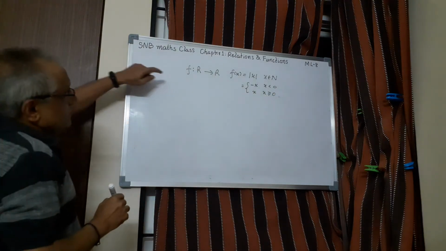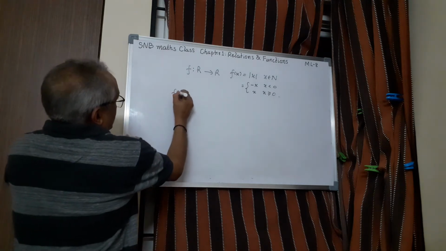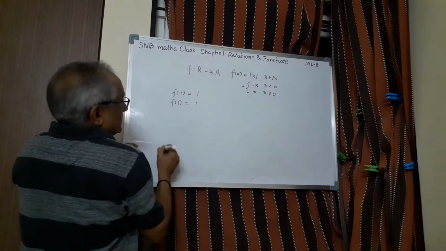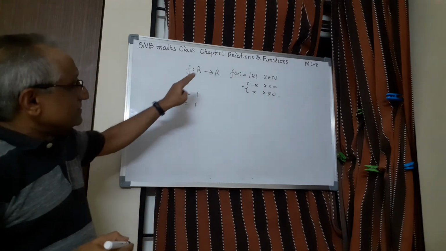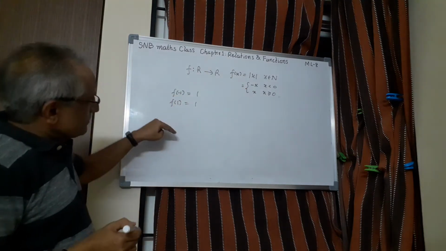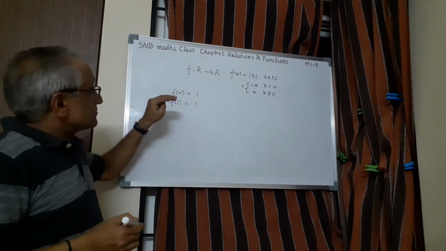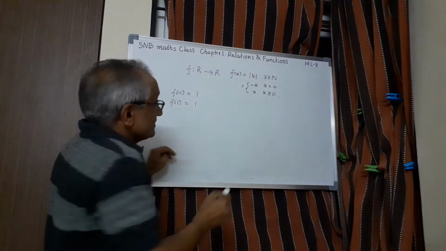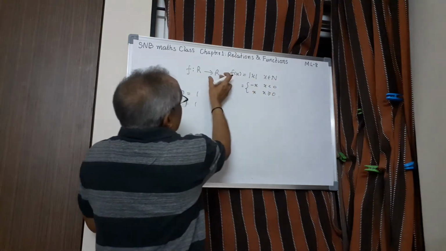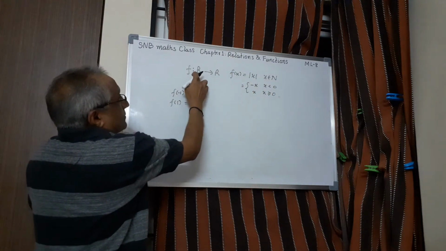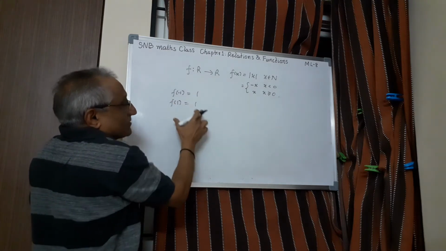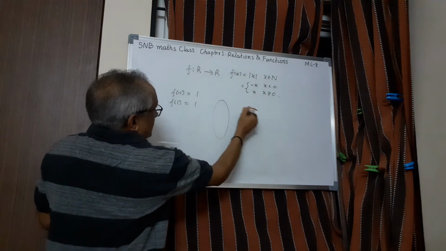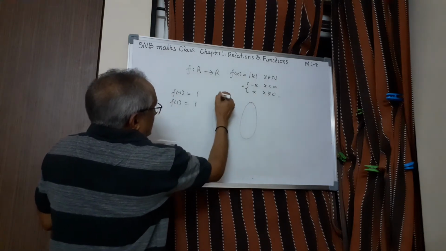So here what happens is, if you take f of minus 1, this is 1 only, f of 1 is also 1 only. Like that all the negative elements are also going to positive elements. Positive elements anyway go to positive elements. So this is not 1-1. It is not onto also, because in the codomain, all the elements of the domain are going to positive. Therefore, it is converging to positive.